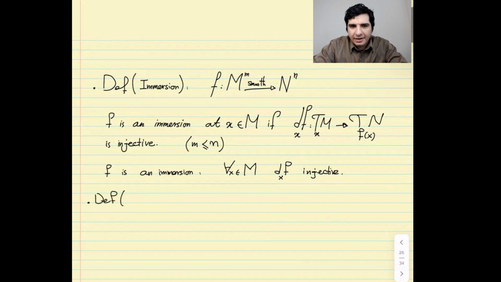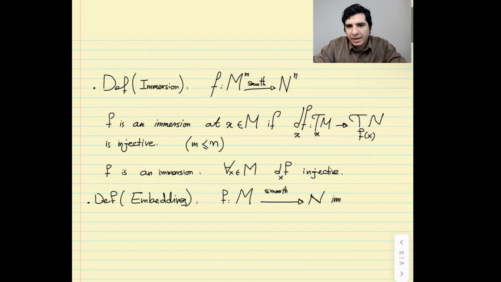Now, our second definition, embedding. What does it mean for a map to be an embedding? Let's say again we have a smooth map F between two smooth manifolds M and N. Let's say this map F is a smooth immersion, so it's smooth and it's an immersion in the sense above. I would say F is said to be an embedding